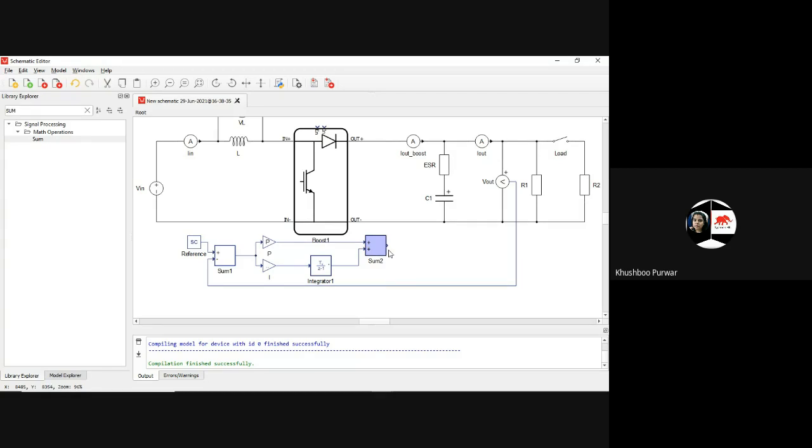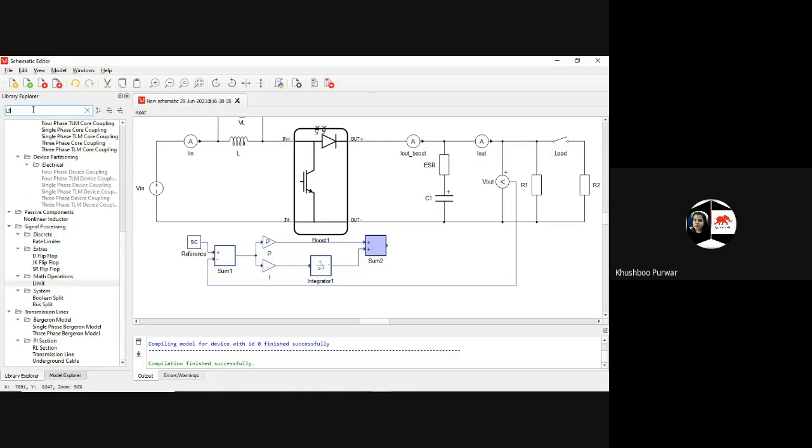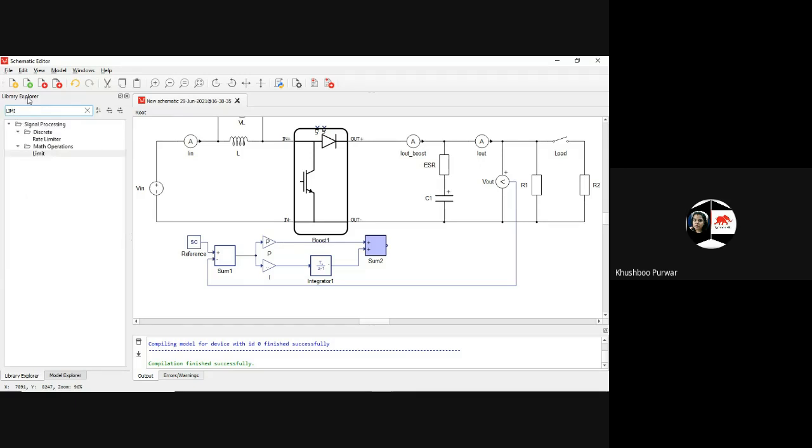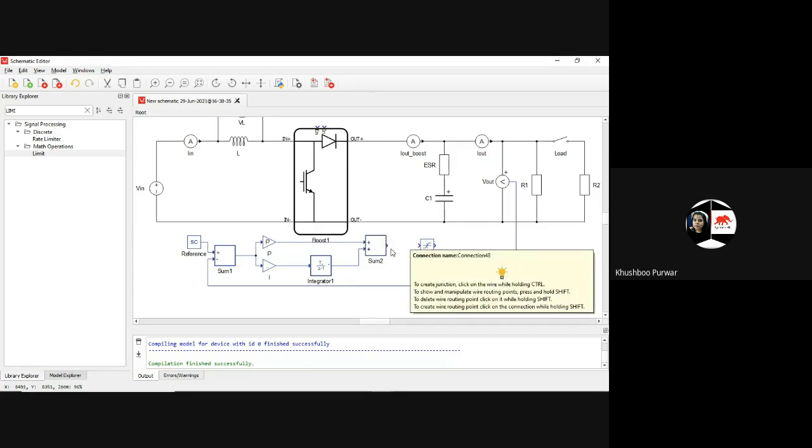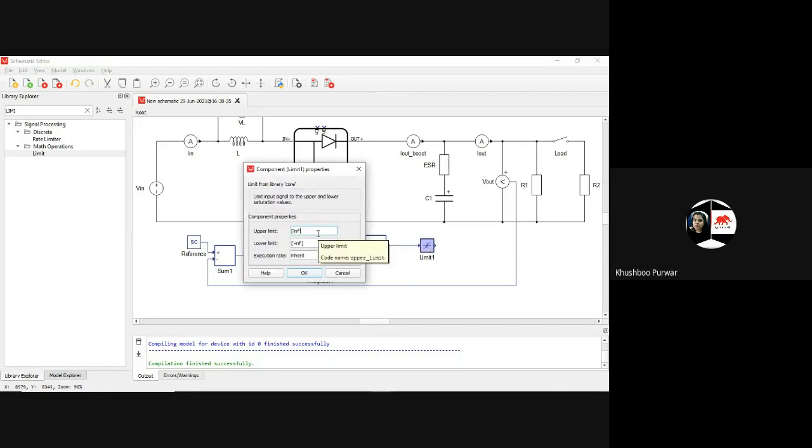Now here this summation, my values will be from -1 to 1, or from negative to positive values. So I will use one limiter, limit function. So from the mathematical operation, I'm able to find the limit function, and this limit function I will provide. It is not connected well. In this limit function, I will define the upper limit as 1, lower limit 0.